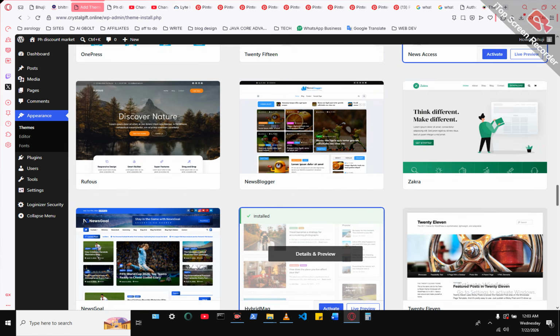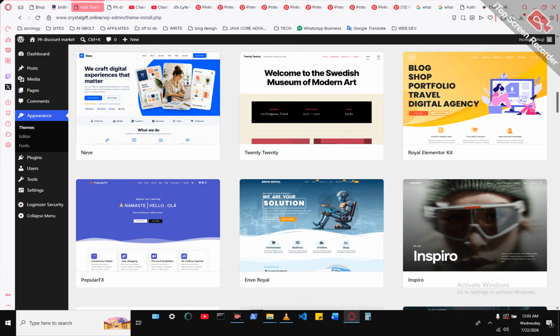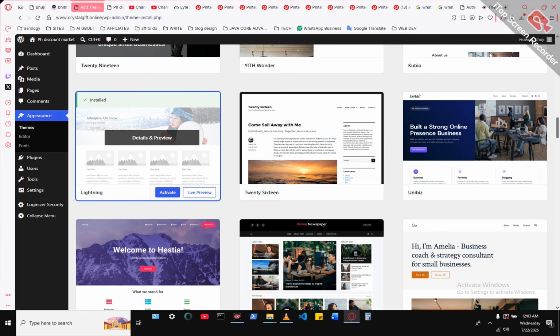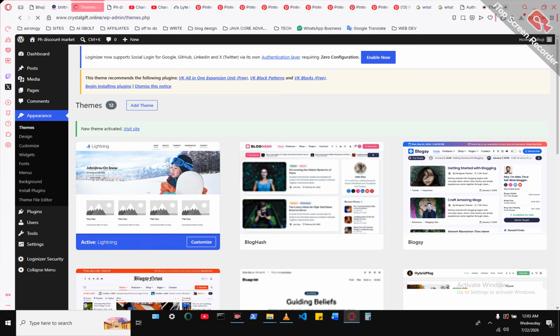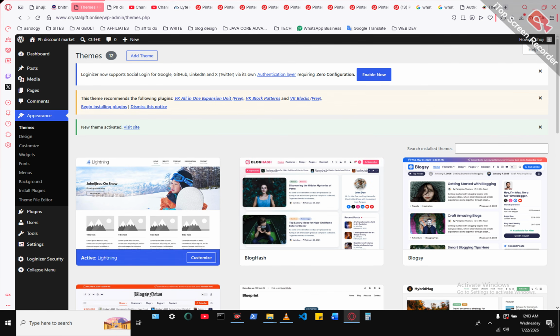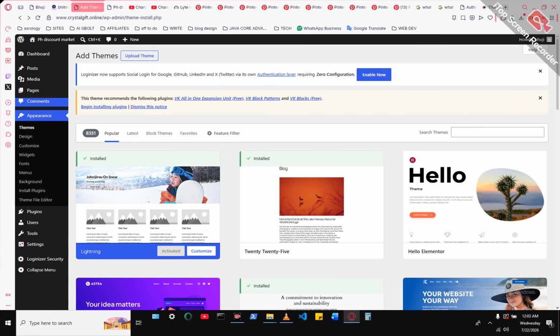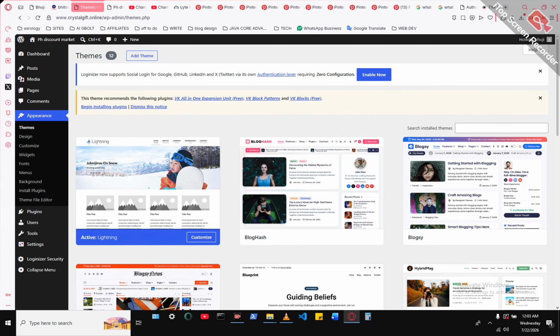Now let me activate one of the themes that we have installed. Okay, let me activate this. When you click on activate, it activates that particular theme. But let's assume you don't want to activate it from there. I'll go back here. Now, you've installed it. You can go back here and you click on themes. When you click on themes under your appearance, it will take you to all the themes that you have installed